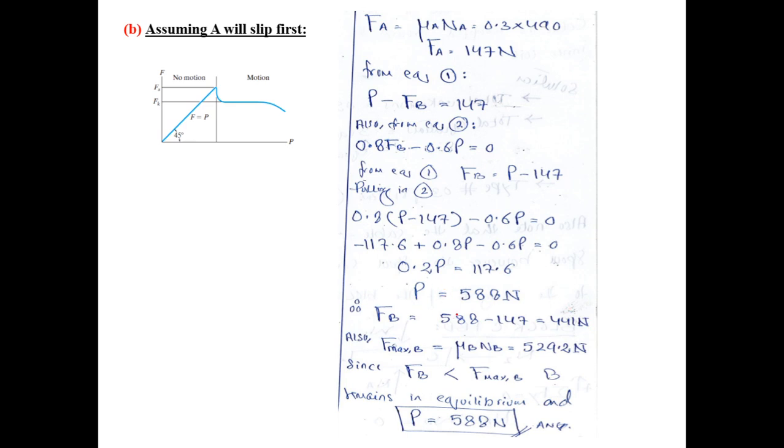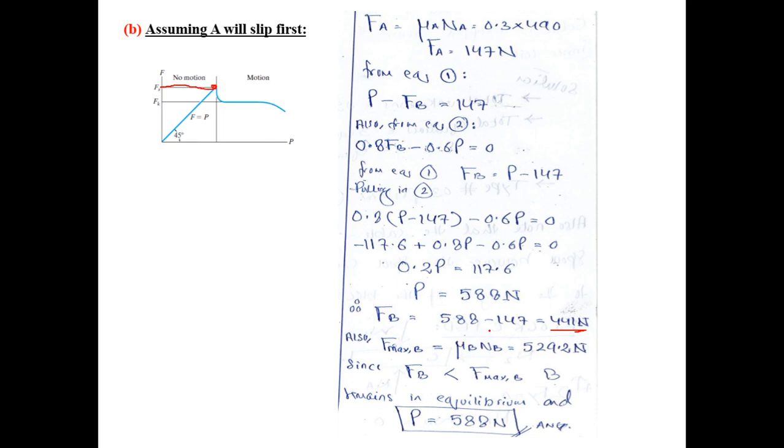So let us put this value of P back in this equation and calculate Fb, which is 441 Newton, and the maximum value of friction force at B will be mu B times NB, which is 529.2 Newton, and we see that the calculated value of Fb comes out to be less than the maximum value of friction force acting at B. So this means that the maximum value of friction force is 529.2, which is exactly at this point, the impending motion point,